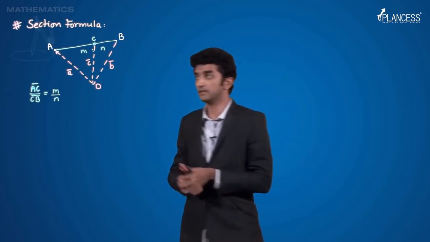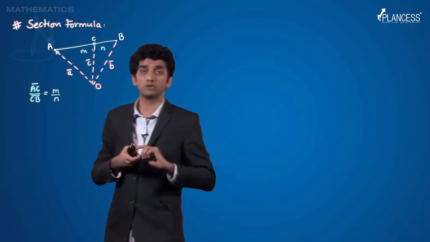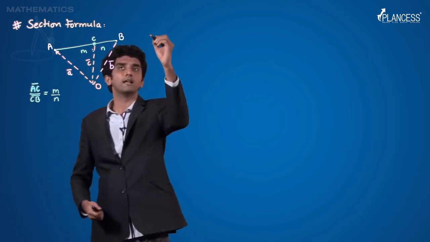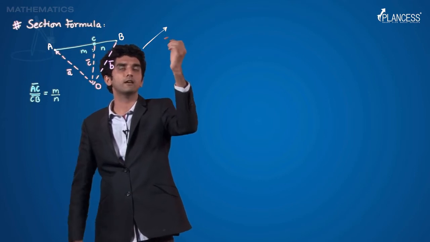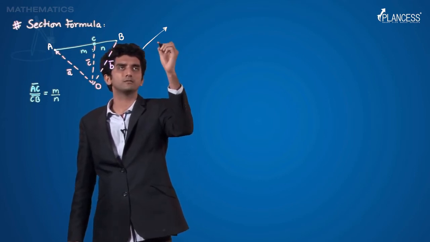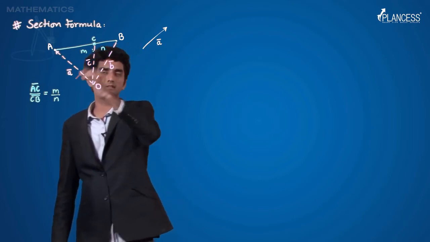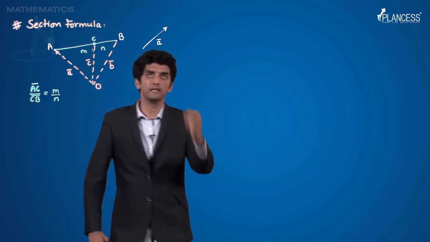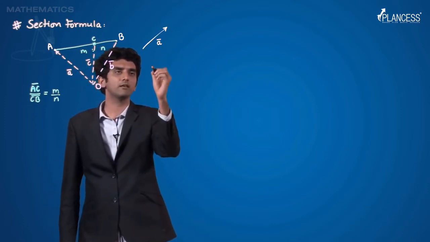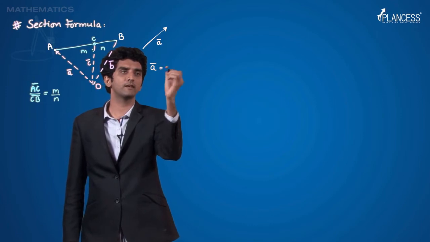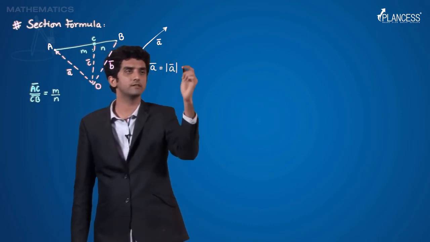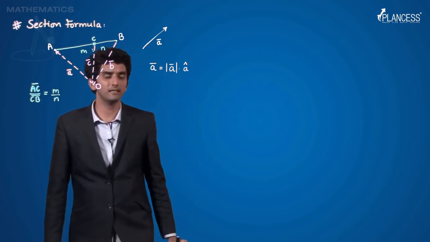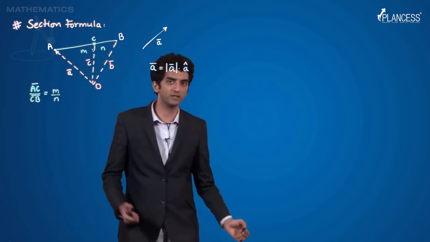Try and understand what I am saying. And maybe a new thing which has not been discussed before. Let's say you have a vector, right? Let's say you have this vector, small a bar for that matter, not this a bar, something different. This vector a bar will be written as modulus of a bar, which is the length of this, into a cap, right? Now what is a cap? A cap is nothing but the unit vector.